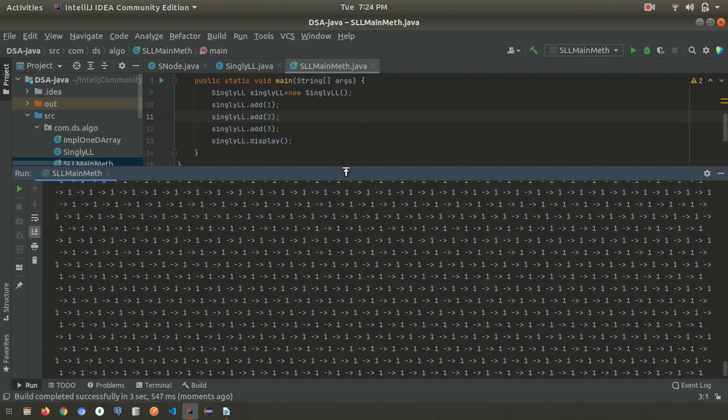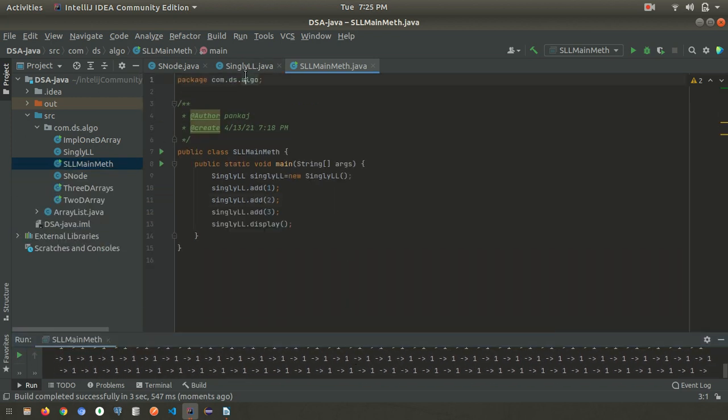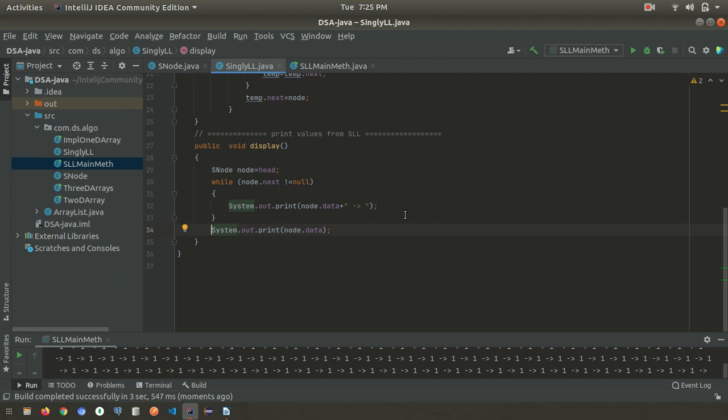Infinite loop, it's going. So where is the while condition? sNode equal to head, while node.next.